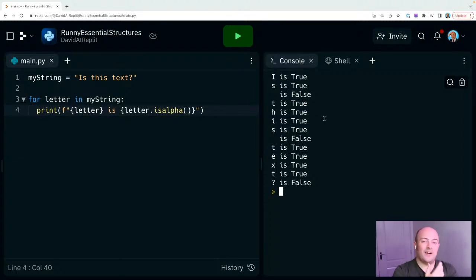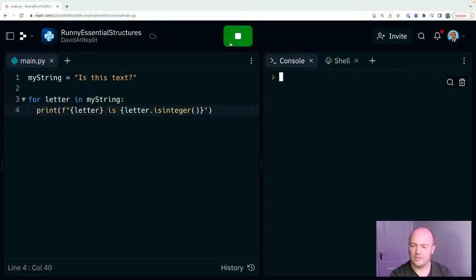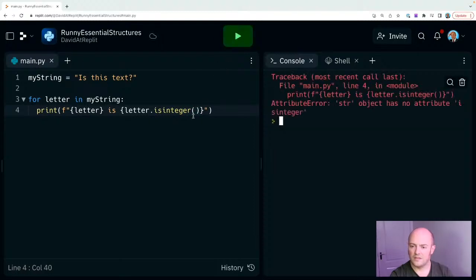What you find very quickly is that just saying something like, can I tell if something's text or not, is a more difficult question than just bringing in a single command. An easier thing would be to say, are any of these numbers? Because that is a slightly easier question. And I believe the function is int. Maybe it is integer. Maybe it is num. Let's have a look.